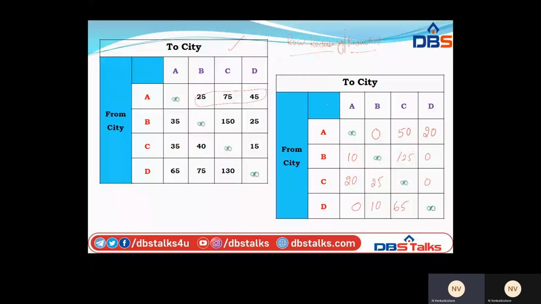From C to D, 15. From D to B, 75. And B to A, that is 35.